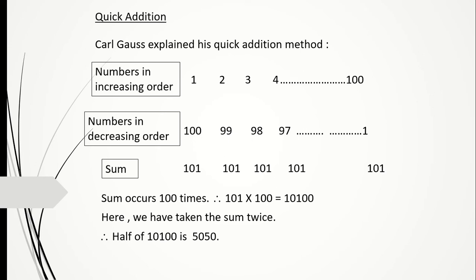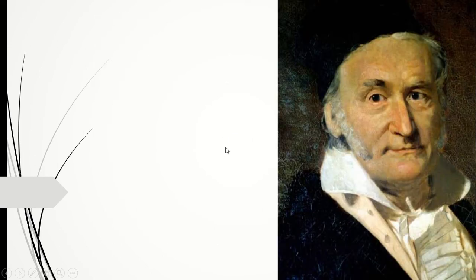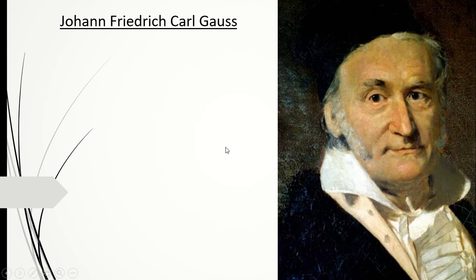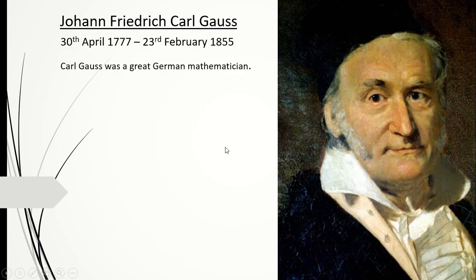So the teacher appreciated his work very much. And this Karl Gauss then became a very famous mathematician, Johann Friedrich Karl Gauss. Okay. He was a German mathematician. We have learnt about one Swiss mathematician also in the first lesson, if you remember. Right? Cramer's rule we have learnt. Cramer was a Swiss mathematician.